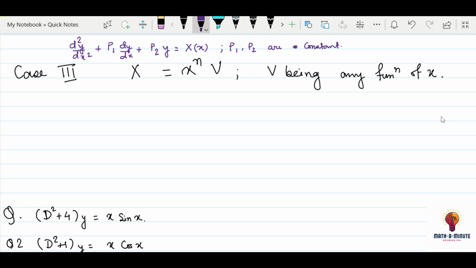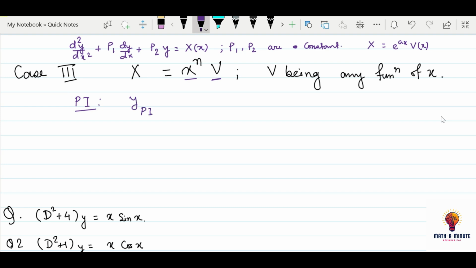Okay. So in the previous video, we discussed that if there is any function on the right hand side with an exponential function, then how to find the particular integral. Okay. So in this video, we are going to learn that if there is any polynomial with a trigonometric function like sin x, cos x, then how to find the particular integral. Okay. So for this case, the particular integral will be